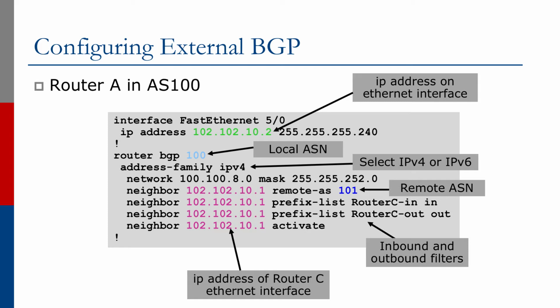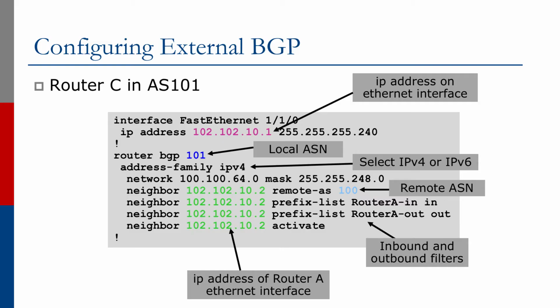The network statement imports the given network from the global RIB into the BGP RIB so that it can be announced to our BGP peers. The two prefix list statements restrict the routes that we will accept from this peer and that we will announce to this peer. It's very important to control what routes we send and receive, because if our peer accidentally starts announcing the wrong routes to us, it could break our network. Using a prefix list, where we explicitly list the prefixes we permit, is the simplest way of doing this.